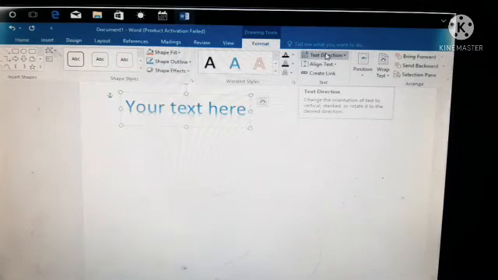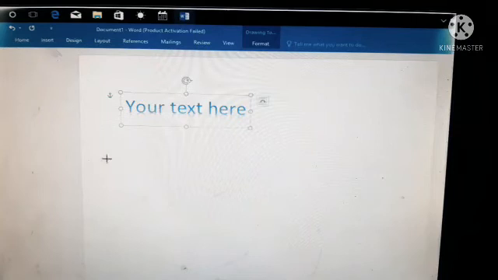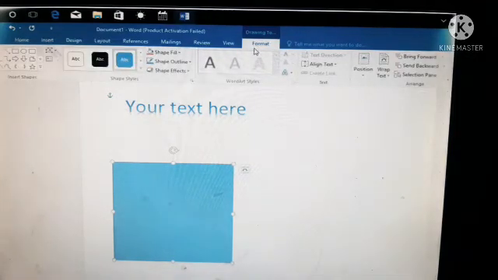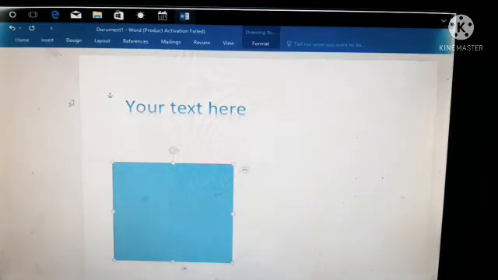One more thing. The next one we have studied is how to insert a shape and how to change the shape. Inserting shape is here. The shape option is present under the Format tab of the Drawing Tools. The shapes will be available here. We can use any shape. Also, one more thing, we are able to draw a shape above the next shape, and that also we learned in the last class.